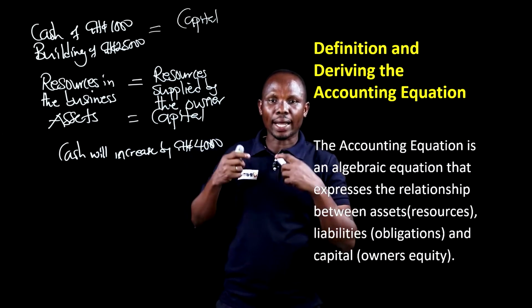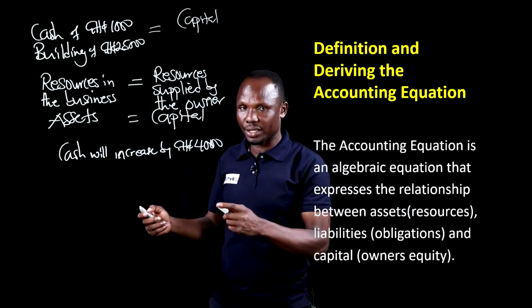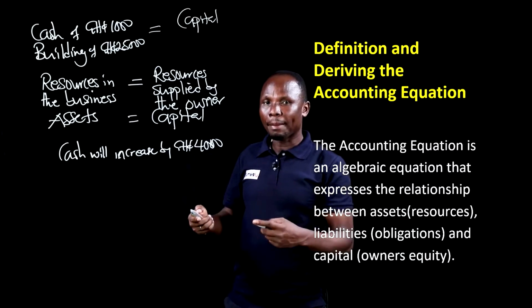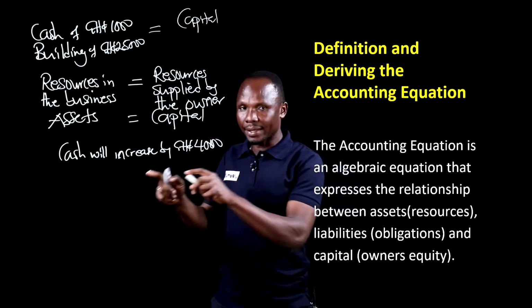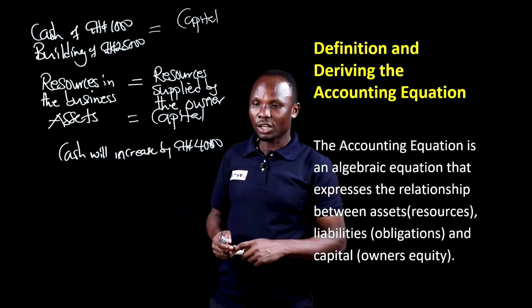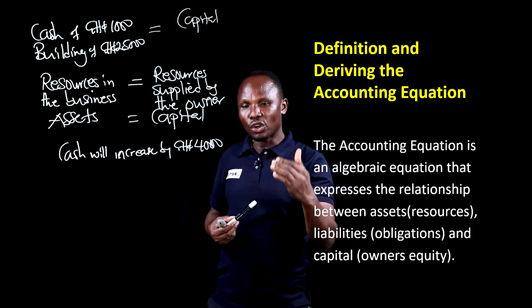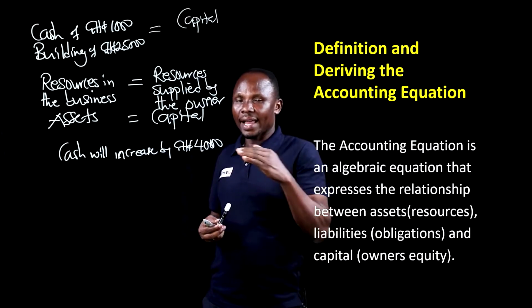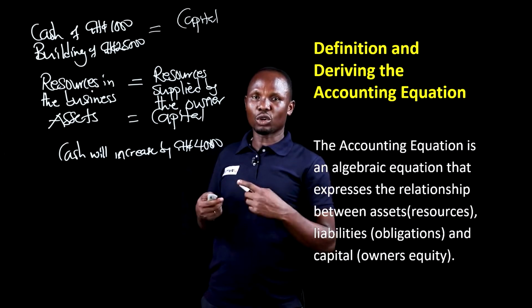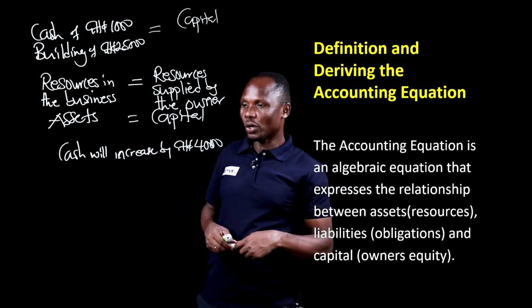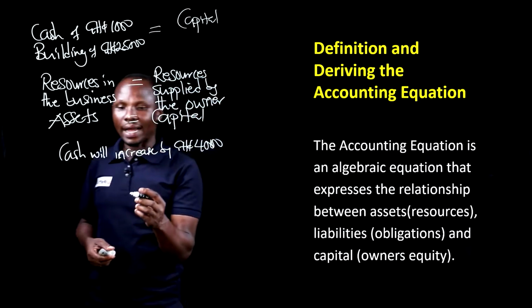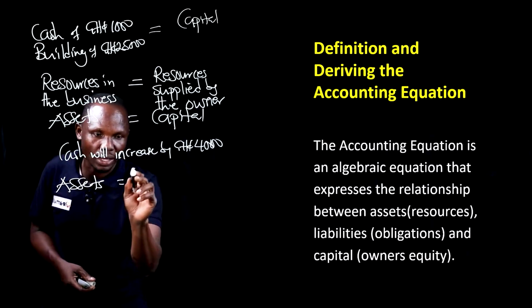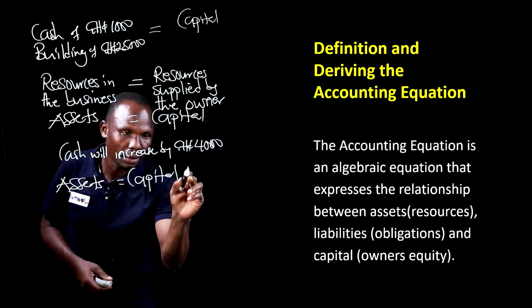And a new claim against the resources will arise. And that is the claim by third parties against the assets of the organization. And the new claim will also be 4,000. The new claim by third parties against the assets of the organization is what we call liabilities. So in this case, now the accounting equation will become assets will now be equal to capital plus